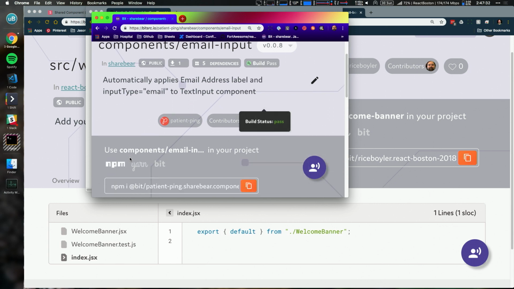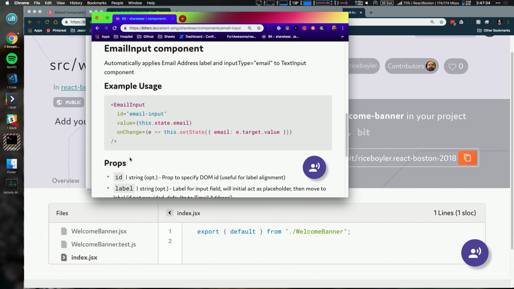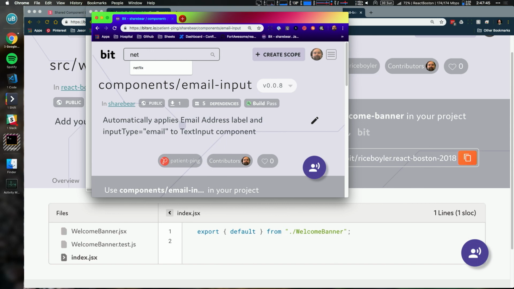There has to be proper documentation in place. So we document how to use it, what the props are. We will sometimes have an example of what it looks like. To give you an example of that, you can actually do this in Bit. They give you in the documentation how to do it.